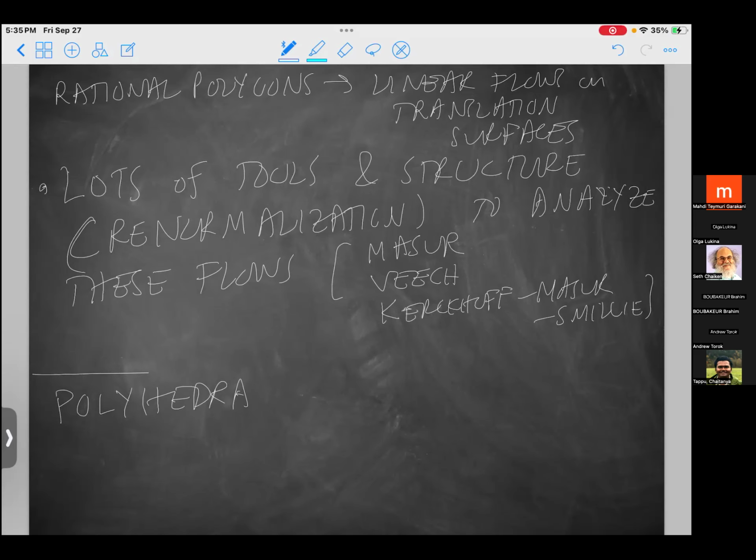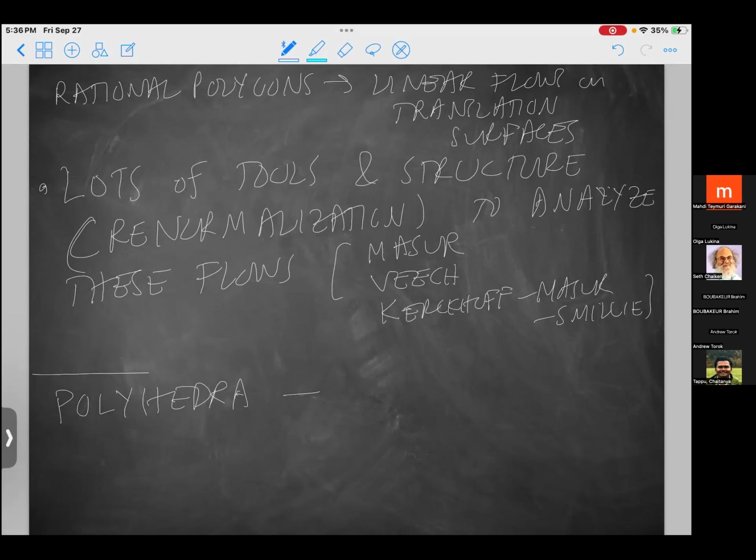But that turns out to be a significantly trickier thing to analyze in 3 dimensions. It's not the same thing as having solid angles which are rational, or even dihedral rational angles. You can have a polyhedron with rational dihedral angles such that the group generated by reflections in the faces is infinite, even modulo translation. So that's already a big difference between dimension 2 and 3. So okay, let's try and say something.